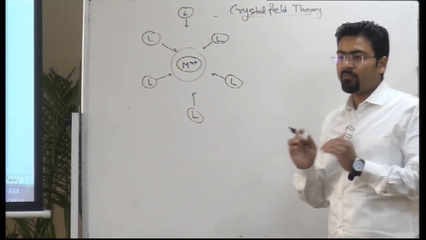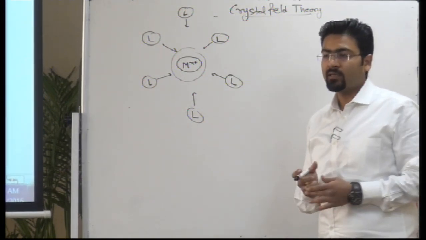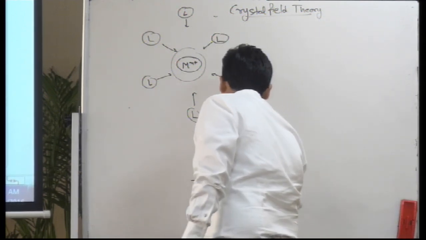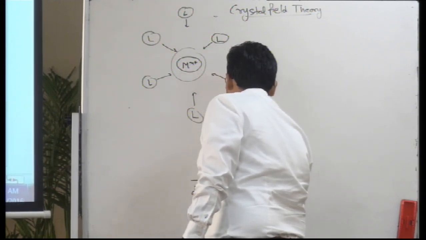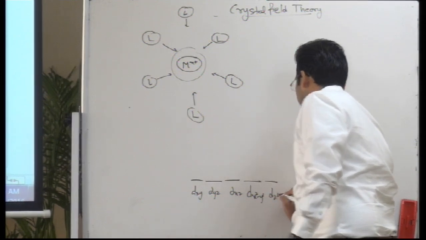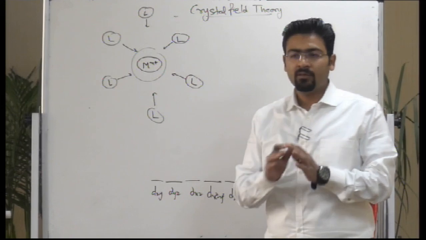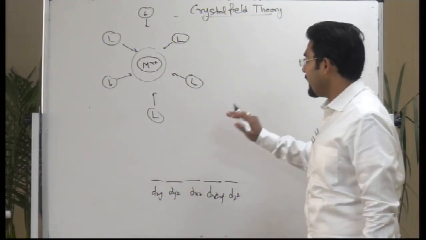In this octahedral field, what really happens is that the energy level of d orbitals does not remain the same, and it actually becomes different, right? For example, I have 5 d orbitals which have the same energy. Let's suppose dxy, dyz, dxz, dx2-y2, and dz2, right? So these are the 5 d orbitals which we have. In the ground state they have the same energy, and that's why they're called degenerate orbitals, right? But the moment we